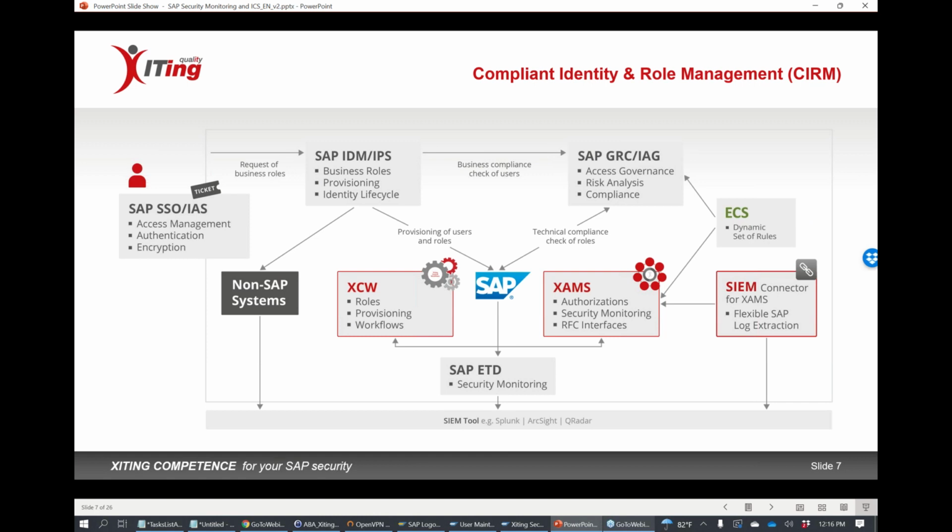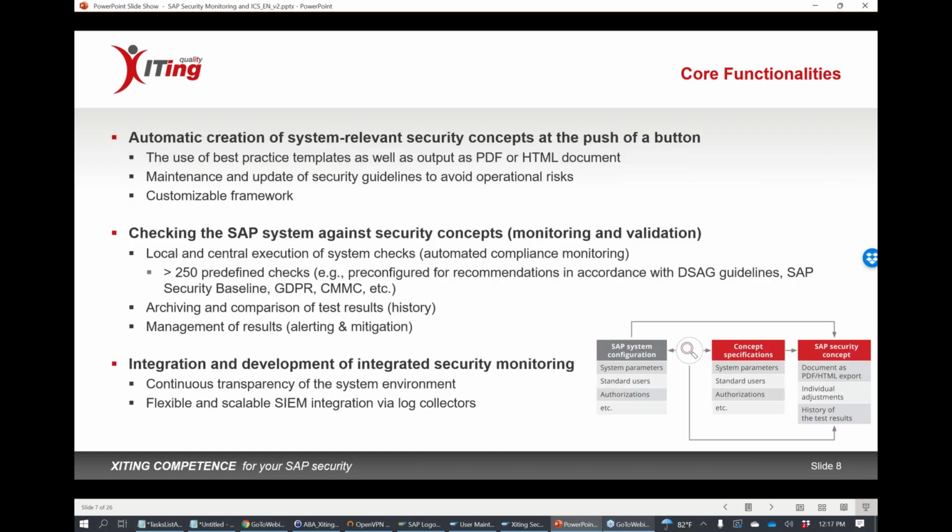Xiting has different tools in different areas. I don't want to go into too much detail here, but what I want to show with this slide is that our solutions are complementary to your existing landscape. So for example, if you have SAP Access Control GRC, and you have a rule set there, you do your risk analysis for critical access, for segregation of duty conflicts, and so on. We don't have to replace that or re-implement that. We can utilize that. Even with our CM connector, for example, we can utilize that information from GRC and also pass it on and do certain checks and reports,